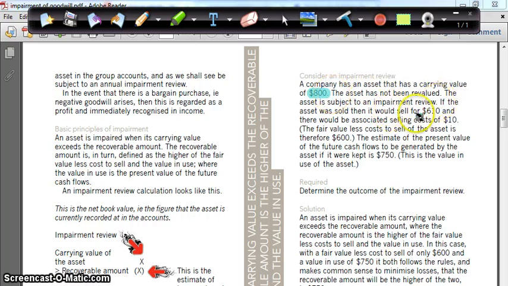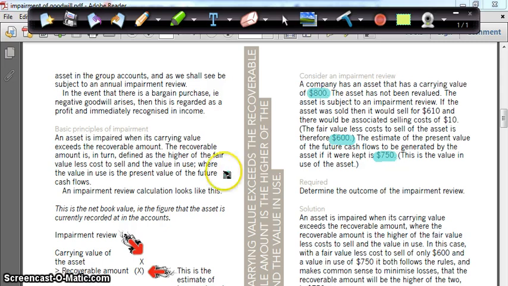The next figure that we're given is that it could be sold for $610 and there would be selling costs of $10. So here then, where this is broken down, it wouldn't necessarily be done like this in the exam. The fair value less cost to sell is 600. The next point we need to determine is what is the value in use. And again, we are told this is